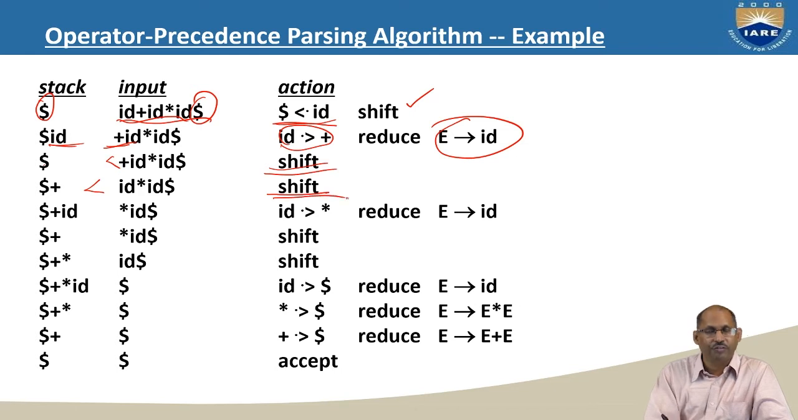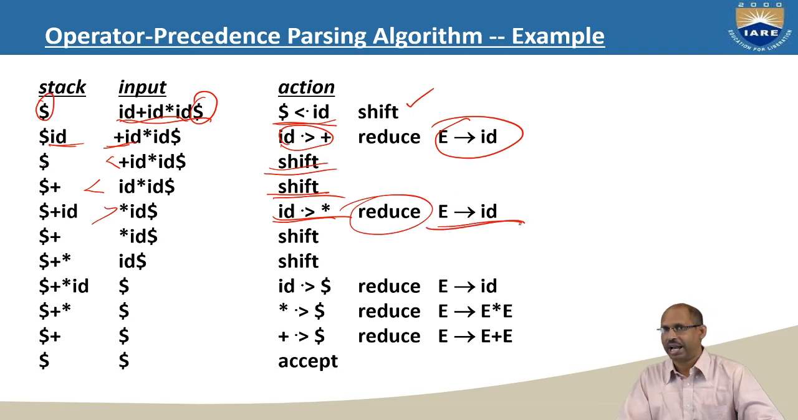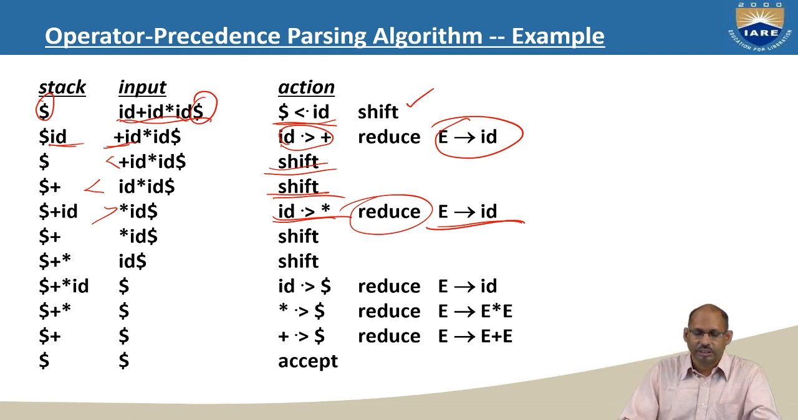So perform shift action. Then ID is greater than dollar. ID is greater than multiplication. So perform reduction, reduce ID, since ID has higher precedence than multiplication. Then